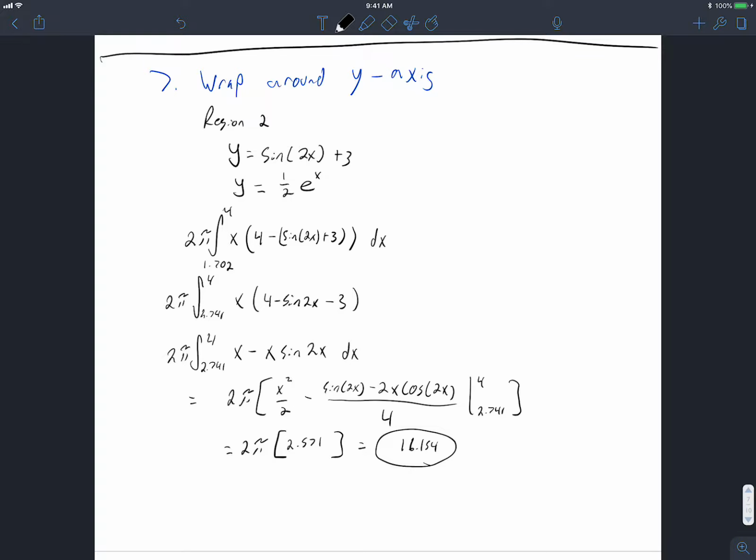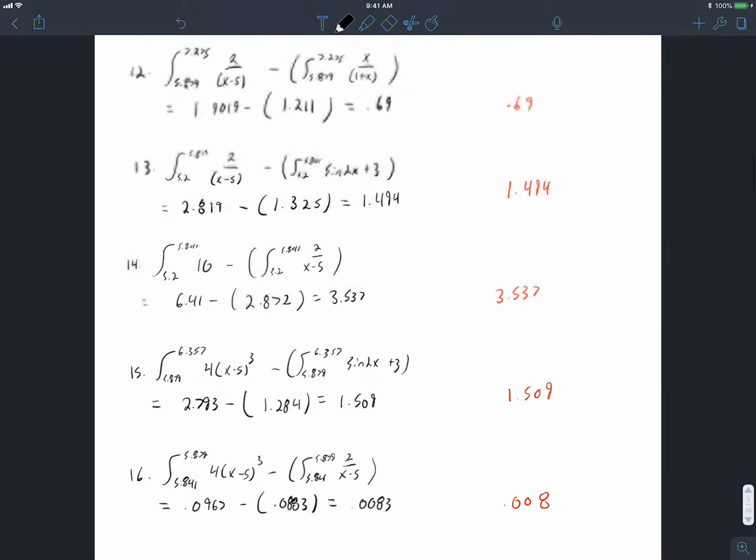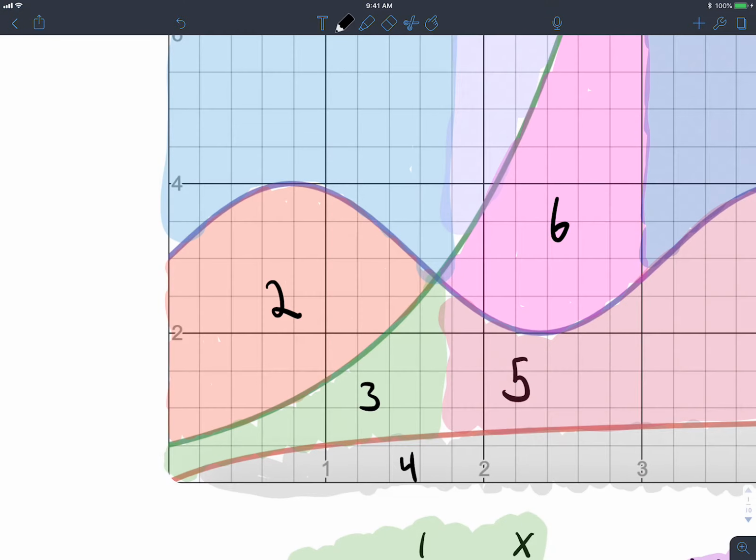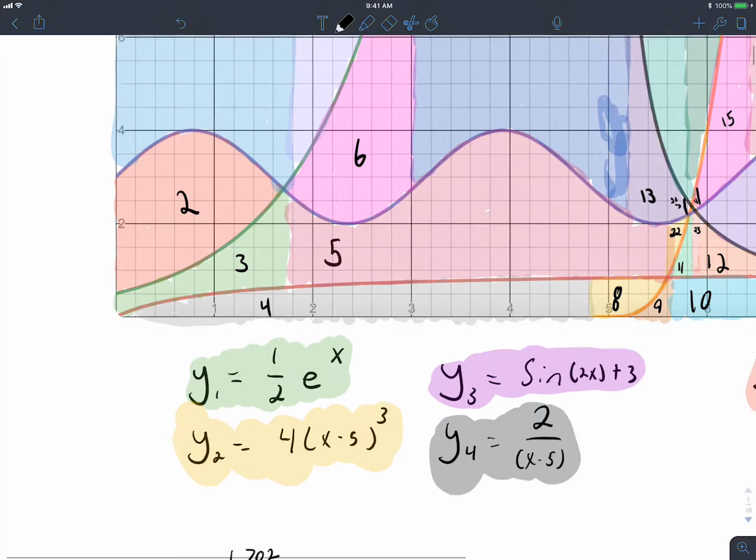In this video, I'm going to be going over question number 7, which was to wrap a region around the y-axis. I selected region number 2 to be the region I used, and I'll show you that region right now in this problem. As you can see, region 2 right here is bounded by sine 2x plus 3 and 1/2 e